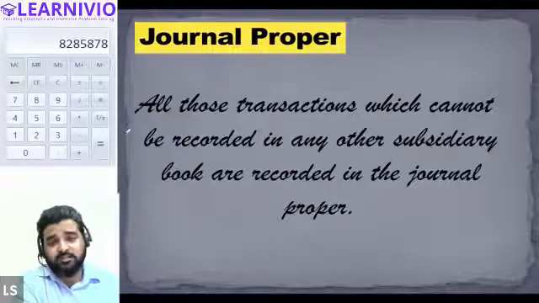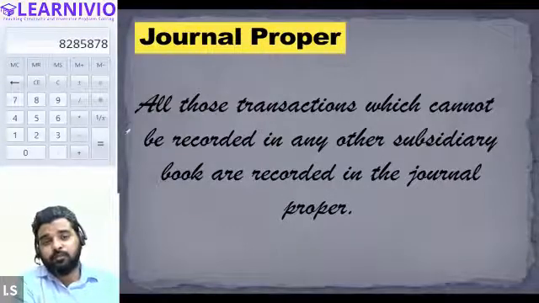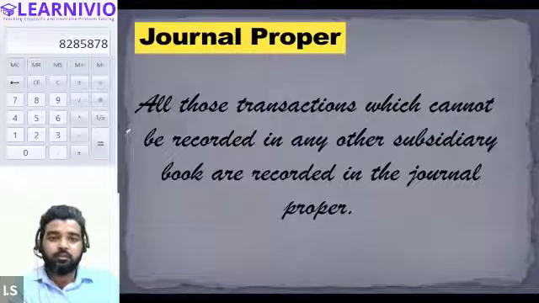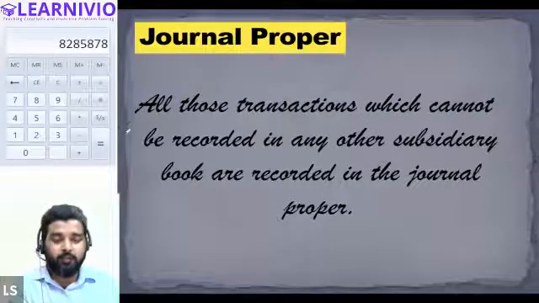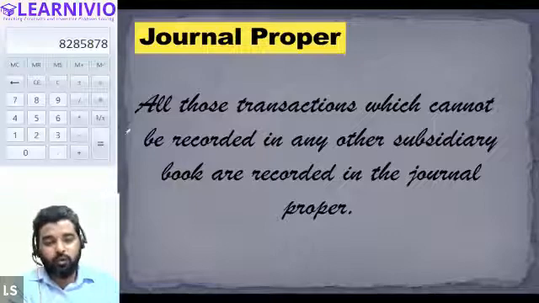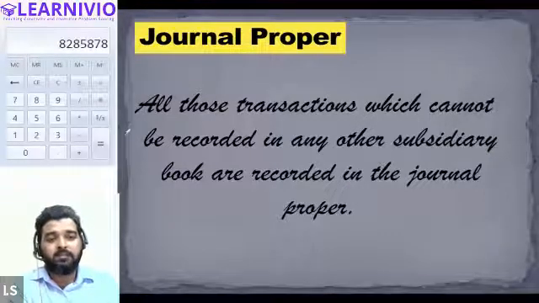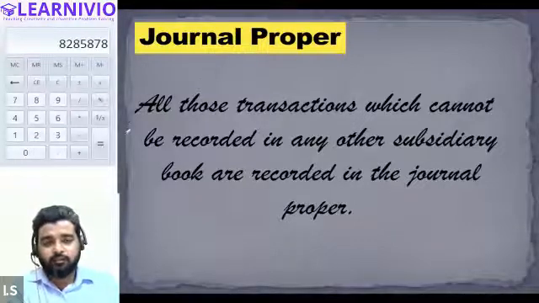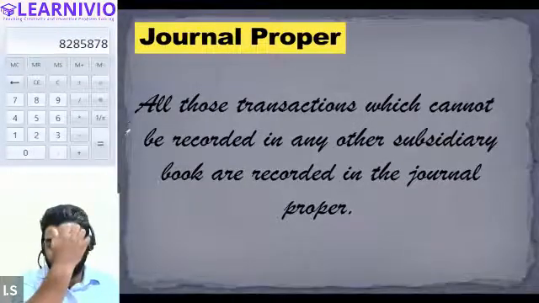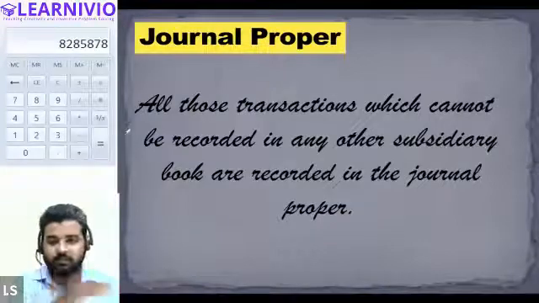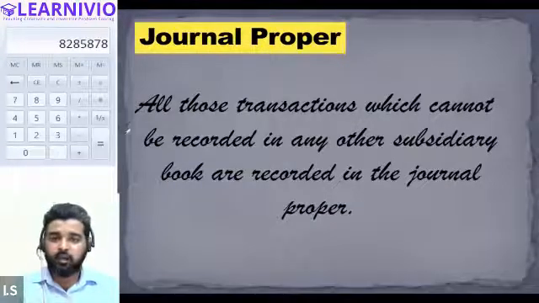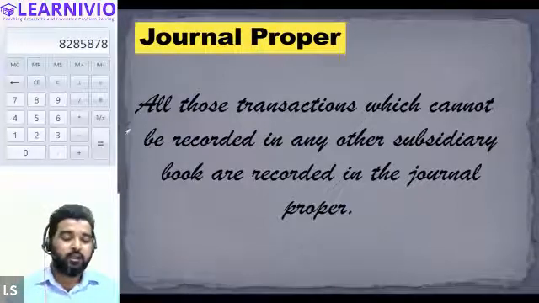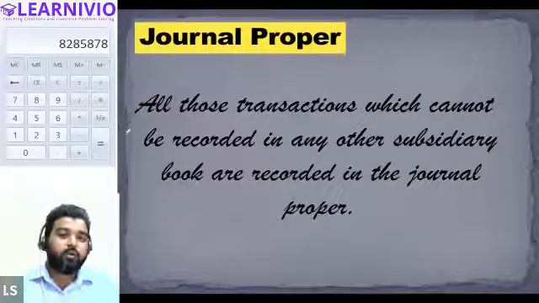The sales book only records the sale of goods in which we deal. But if the company sells old machinery, old furniture and anything like that, can you tell me where you will record this transaction? It cannot be recorded in the cash book, the purchase book, the sales return, the sales book, or anywhere else, but it will be recorded in the journal book.